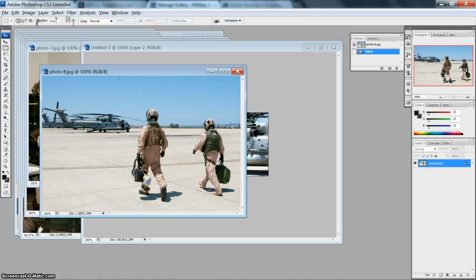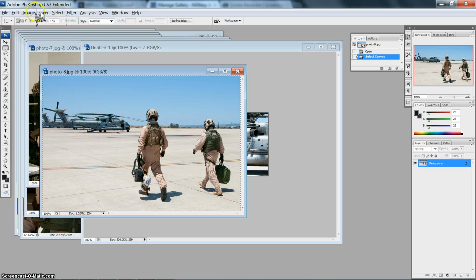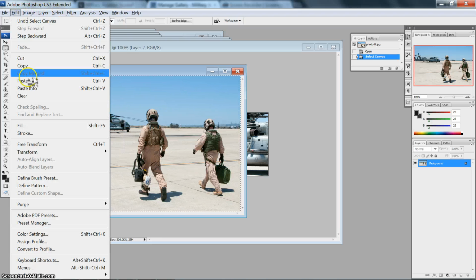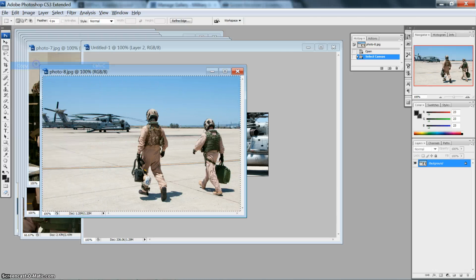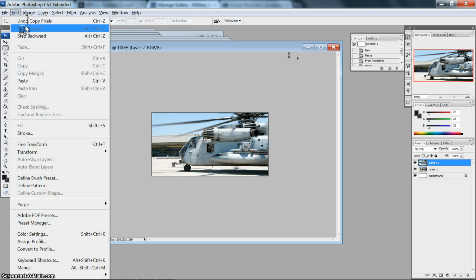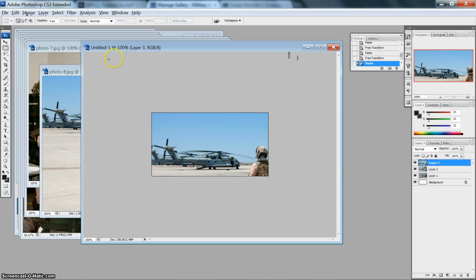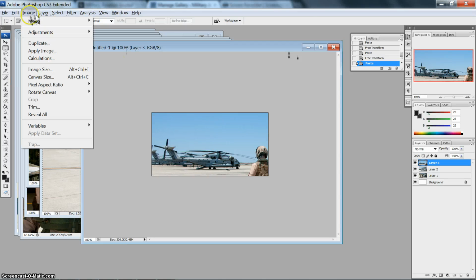So we'll open this picture up, select all, edit, copy, go back to our perfect sized image, edit, paste. So it pulls it in there, and then image,